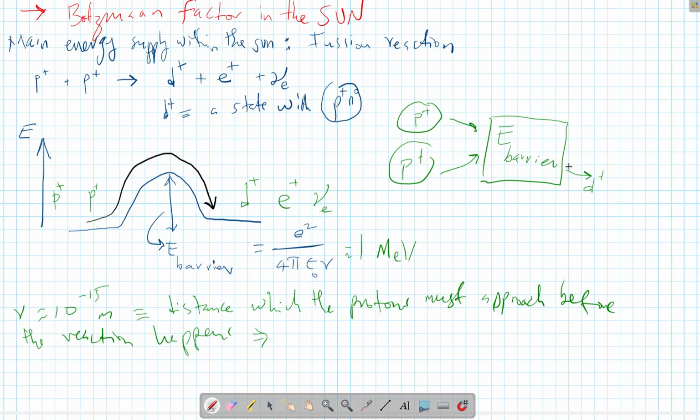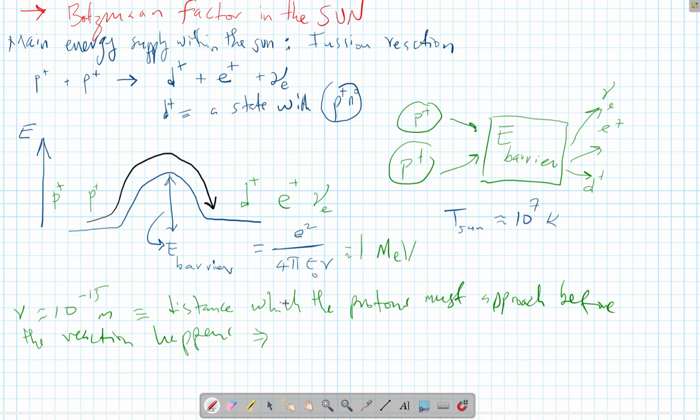So you have a deuterium coming out and a positron coming out and a neutrino of the electron type, right? And if we assume that the temperature at the sun, T sun, is approximately 10 to the 7 Kelvin,